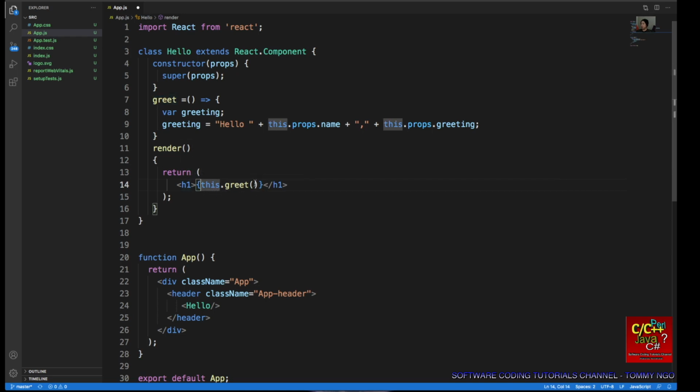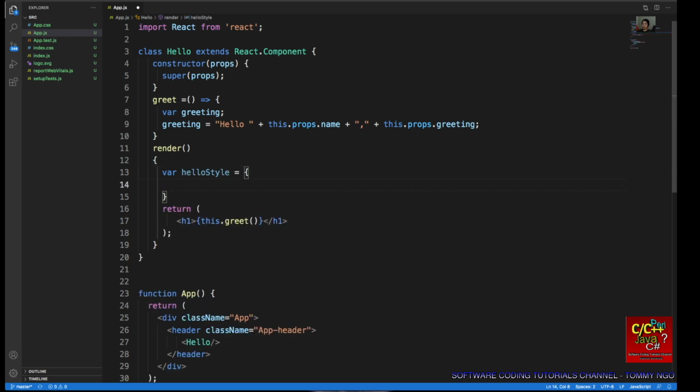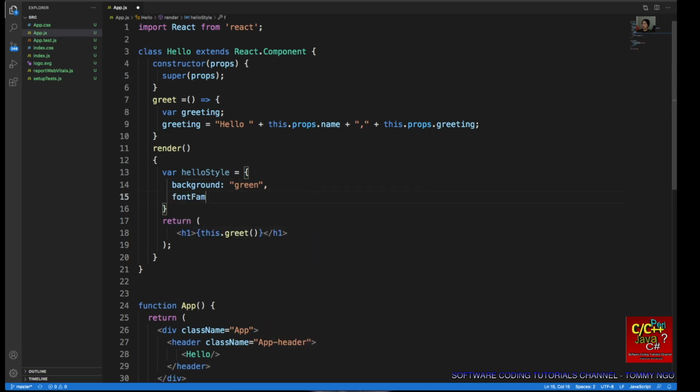So in between the curly bracket is this dot greet, and I can make custom style, right? So I can do var helloStyle equal to background, let's say green, and then font family I could say Courier New. Okay,